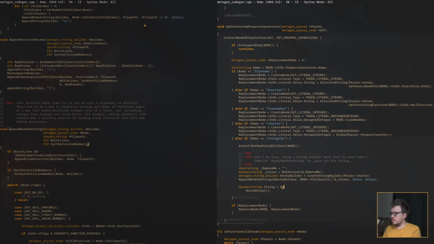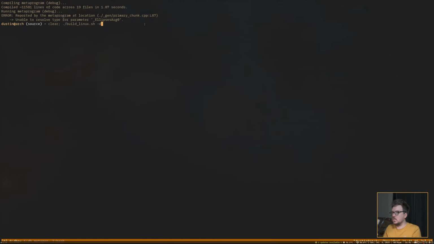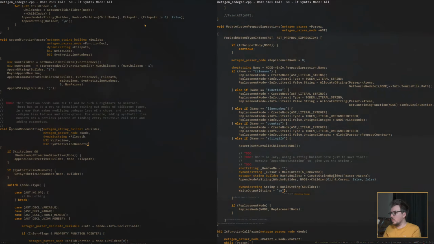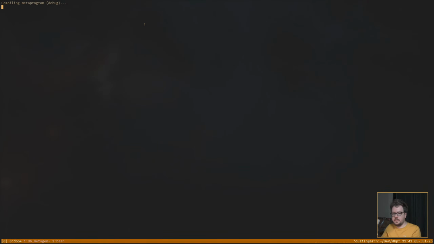String is build string of the builder. And let's just output the string. This is Hacky Builder. There we go. So we got the parameter as a 5.